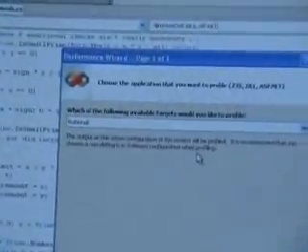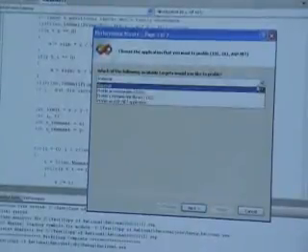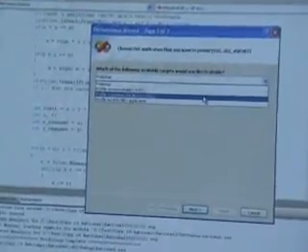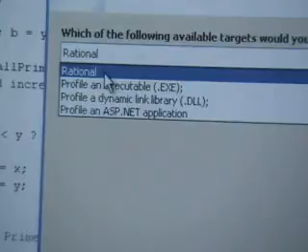Now, some people don't like wizards, think they're a little cheesy, but this one's fast and easy, so I'll go through it quick. You want to pick what target you're going to profile here. You could choose to profile an executable, a DLL, an ASP.NET web application, and it'll also list all the different projects that are part of this solution. The only project in here is the rational project, so I'm going to pick that one and move on